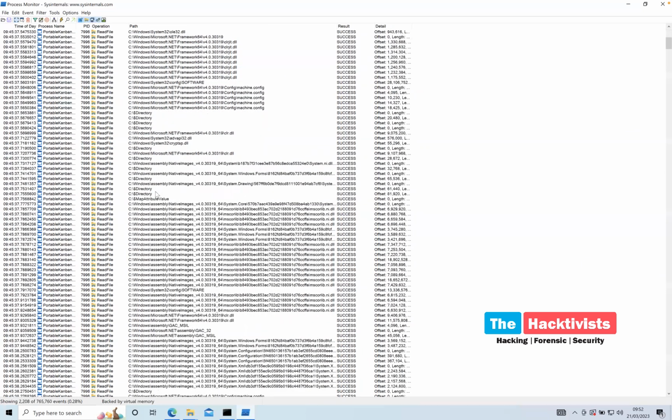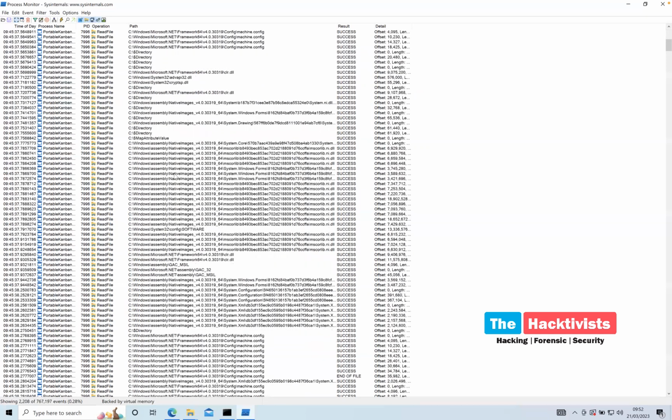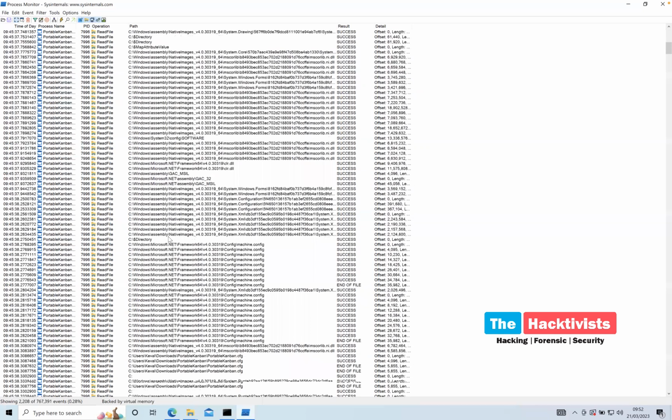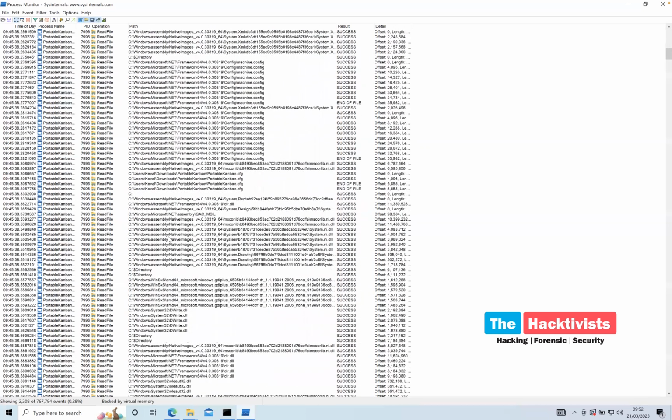So here you can see it is still just dealing with all the operating system details itself. Here you can see Windows assembly and those kind of things. If it is creating some specific type of file, at that point of time it will be able to go forward and get the details. So again, .NET and Microsoft Windows .NET and those kind of things it is taking. There is one file which it is taking up, and here you can see it is having success, and end of file is this one, which is